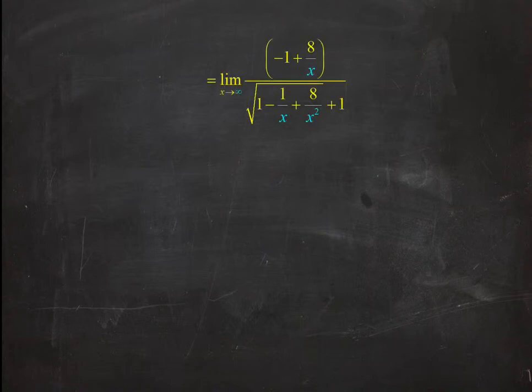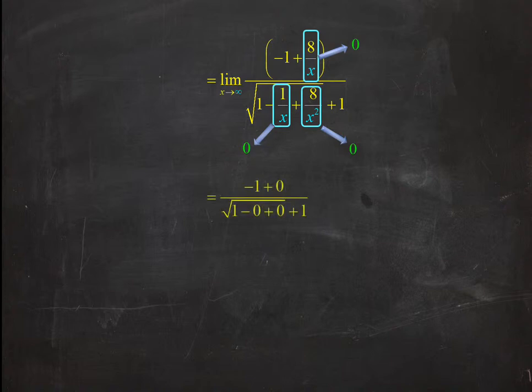In other words, let's look at the term 8 over x in the numerator: as x goes to infinity, 8 over an extremely large number is going to go to 0. Likewise, in my denominator, the term 1 over x, as x goes to infinity, that term also is going to go to 0. And 8 over x squared, well, that will go to 0 even a wee bit faster. So those three terms will go to 0 once I evaluate the limit as x goes to infinity. So that allows the expression to be simplified to this. I'll do some house cleaning,